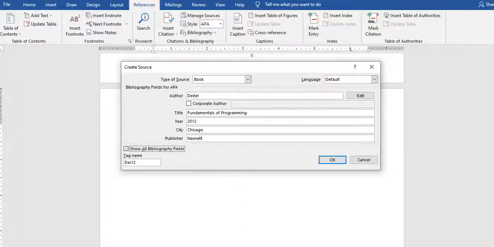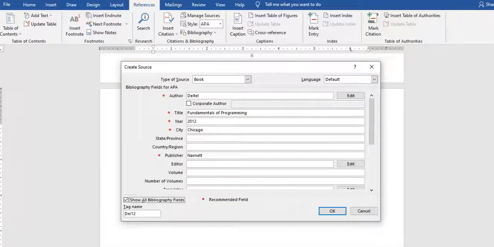You can show all bibliography fields, okay, state or province if you know it, New York, something, I don't know, country, USA, editor, if you know the editor, you can write G, I don't know, the volume,